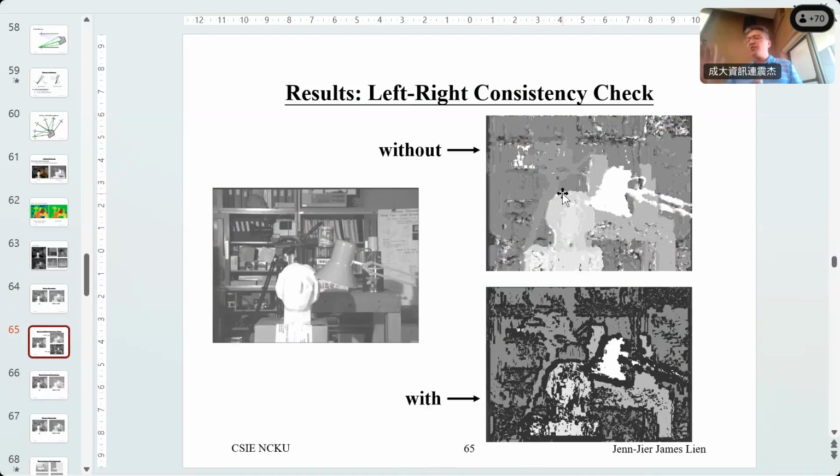The other is right to left. After you do the left right consistency check, you'll find this kind of result. So this one is a left right check. So you'll find that if there is a depth discontinuity at the boundary of each object, they will cause the half